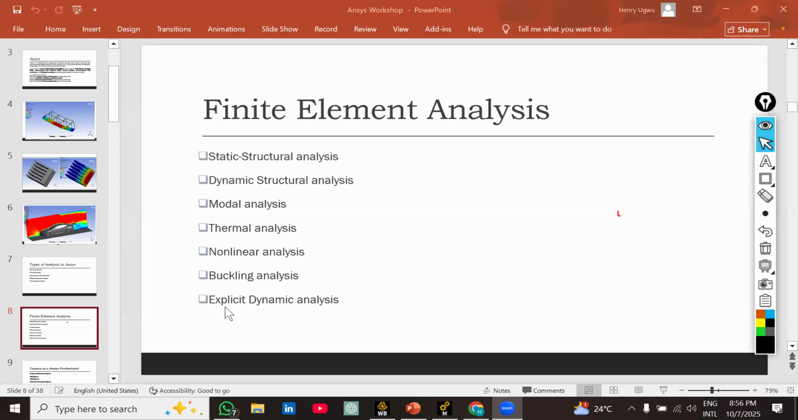The parameters change with time and still the strain and the stress will be very, very high. So you use the explicit dynamic analysis rather than using the static analysis or dynamic structural analysis, because the parameters of our result are very high, such as a car running at high speed and ending up crashing with another